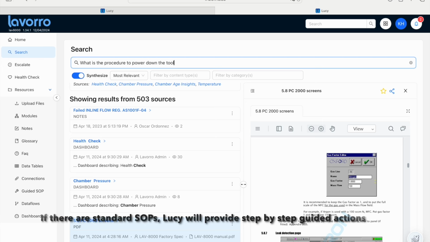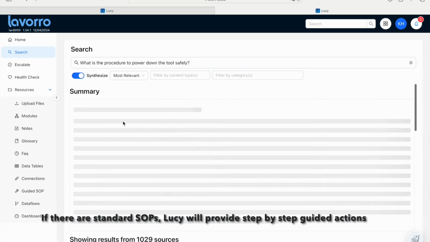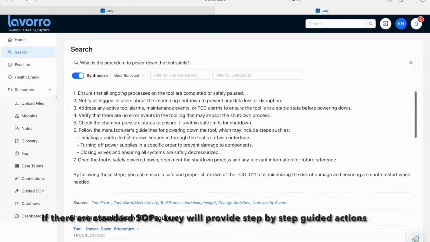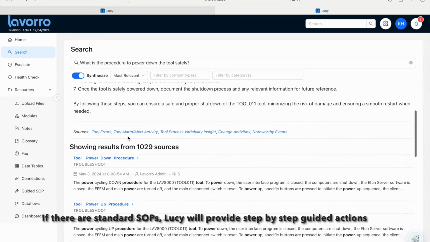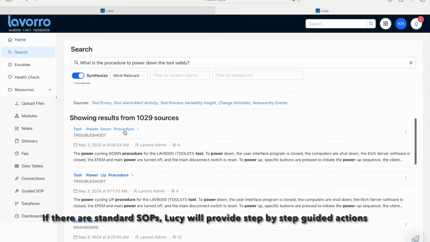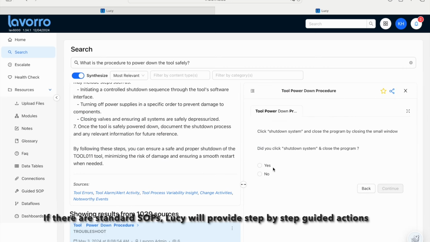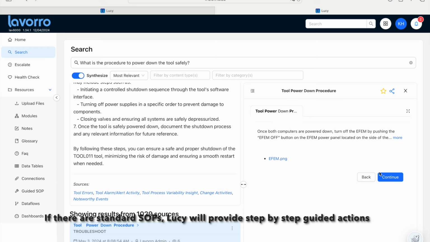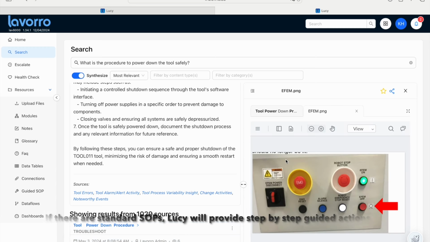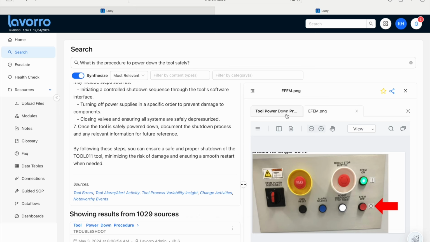And the system will go in then and look at the behavior of the tool, look at all the parameters, and bring back the whole information on step-to-step activity, what is required in order to pull the tool down. So the operator has not spoken to any service engineer, hasn't spoken to any senior engineer. The bot is truly prompting them to take the next action as it goes along. So it even shows the screen of what that panel looks like and what to do in order to power